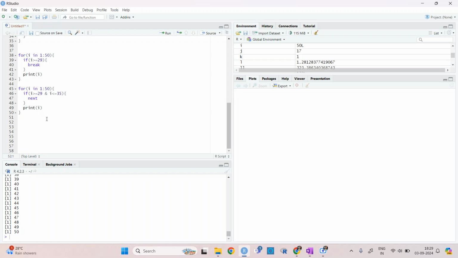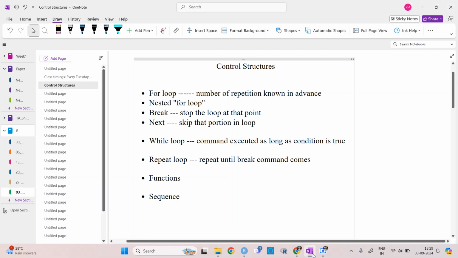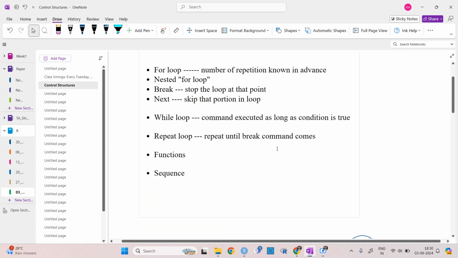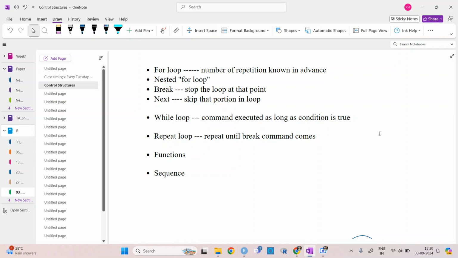So we have gone through the for loop, nested, break, and next. The next loops are a while loop and then a repeat loop. In a while loop, we don't give exactly the number of iterations or repetitions.